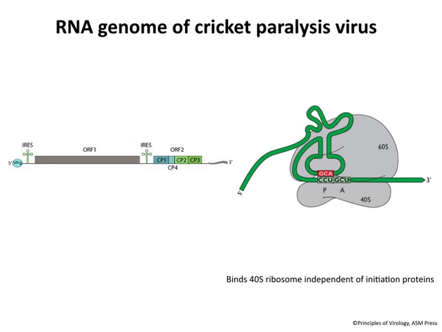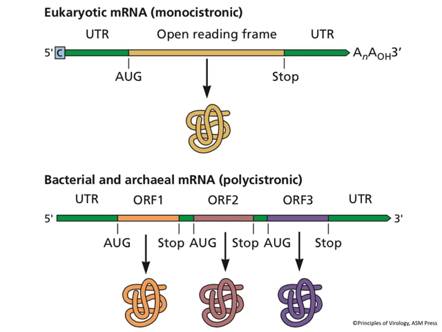In theory, there should be tons of these in cells because we know there are IRESes in cells. We have shown that functionally, but we don't see any examples of that. We only see one example in a family of viruses, and I'm not sure why that is. Here's the issue. In mammalian cells, eukaryotic cells, the mRNAs are typically monocistronic, meaning they code for one protein. One mRNA, one protein.